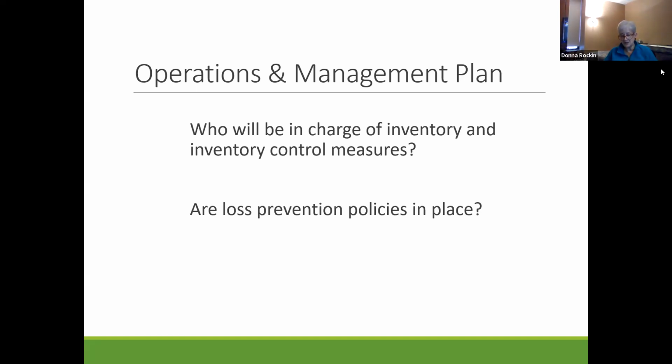You have to manage food safety and have a HACCP plan, which is a hazard analysis of critical control points. If you have a restaurant, you have to keep food at a certain temperature so that you don't make people sick or give them food poisoning. So think about what management plans and operations you have to have in place.